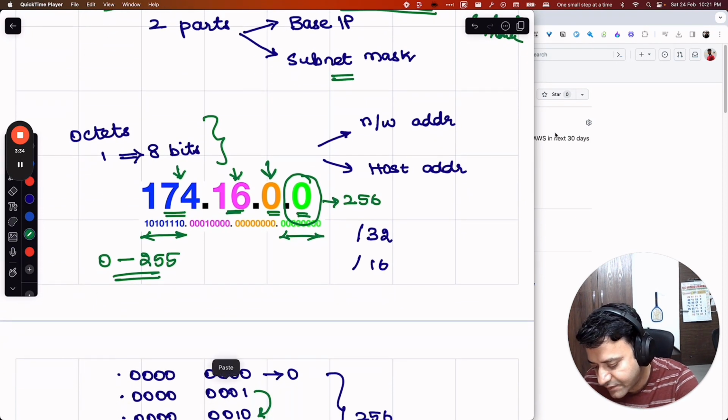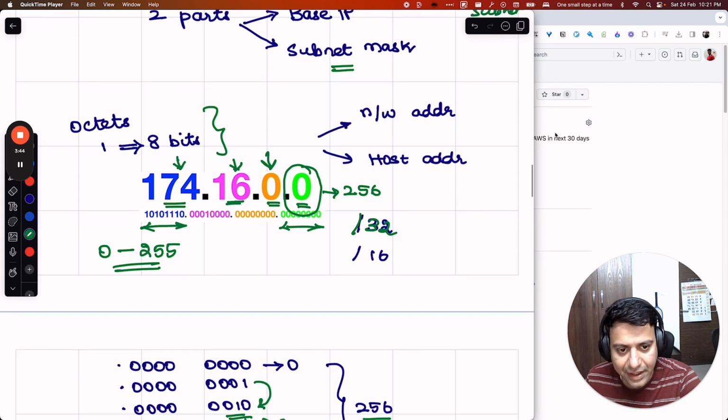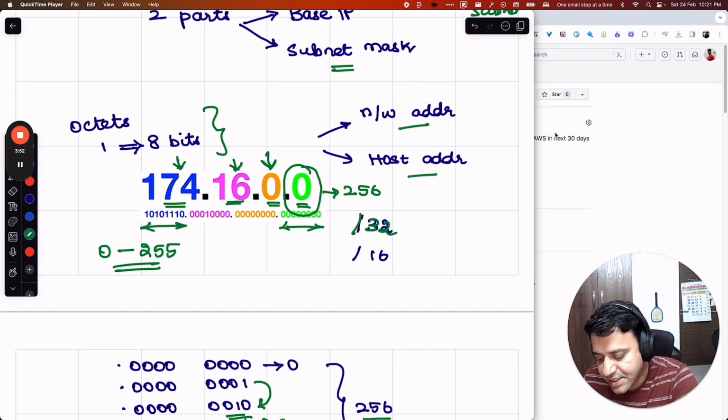Now we'll come to the second part, which is the subnet mask. Let's say I have something like 174.16.0.0/32. What this means is, again, there are two divisions to this: one is the network address, the other one is the host address. This /32 represents the network address. If it's 32 and it's divided into octets, you can see there are 4 octets. What this means is all these 4 octets are used to represent the network address,